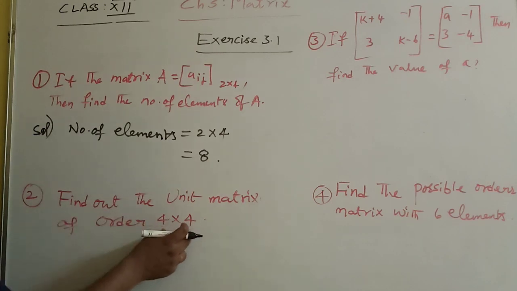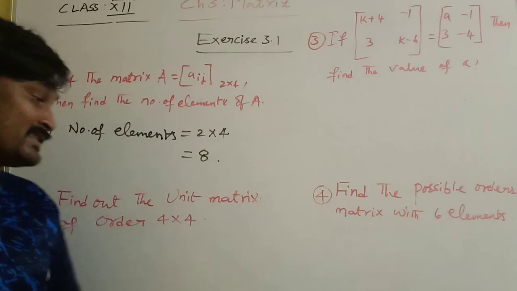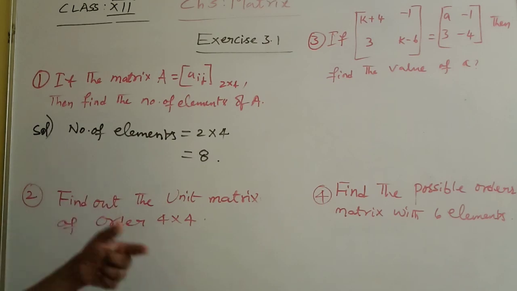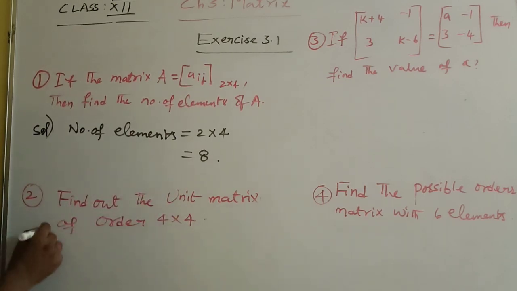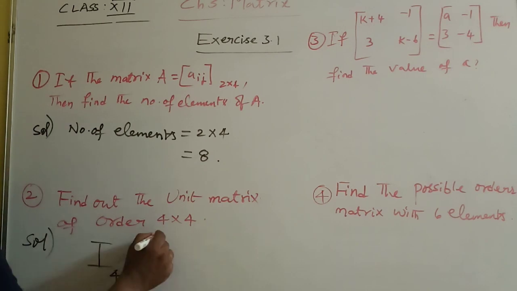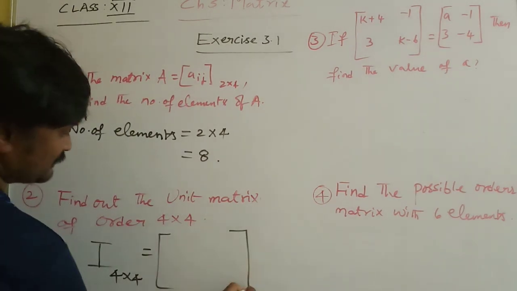Next, find the unit matrix of the order 4 by 4. Here it is 4 by 4, and you already know that for a unit matrix the principal diagonal elements should be 1, and remaining all should be 0. So that is the solution I am writing here. I will denote that unit matrix with I 4 by 4 is equal to,